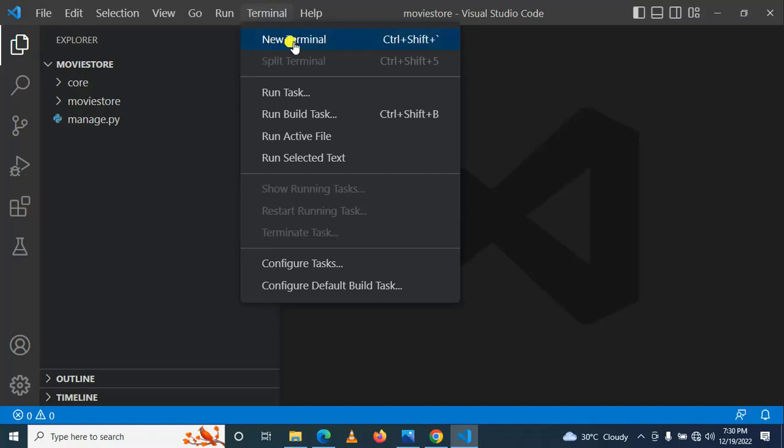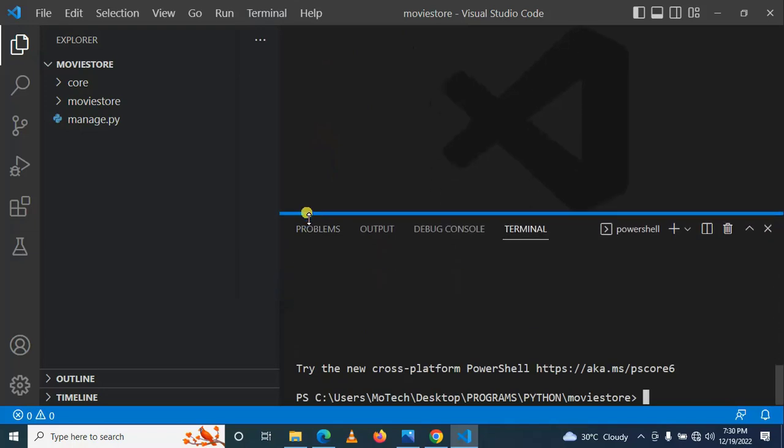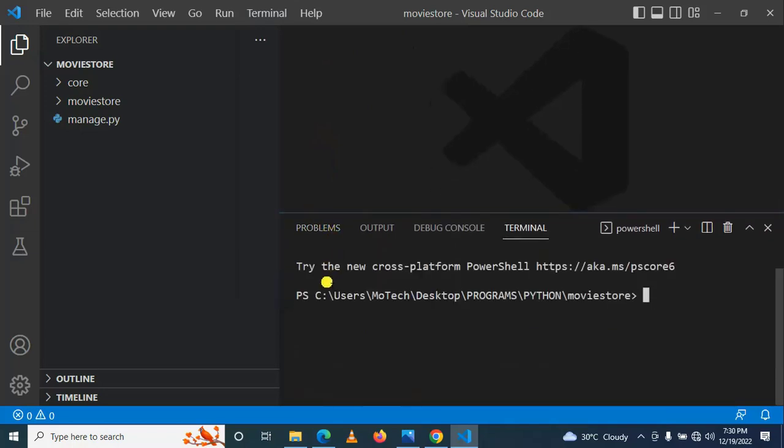Okay, new terminal. You can see this is the shortcut Control Shift, then this is a simple command. So I just open it by command. So this is actually the terminal. So here on the terminal, as I've told you, we are going to use the virtual environment. So I'll need to activate the virtual environment, and the name of the virtual environment is vmv